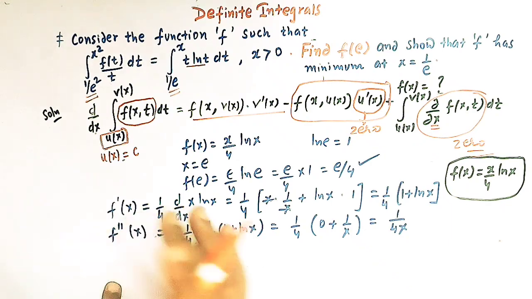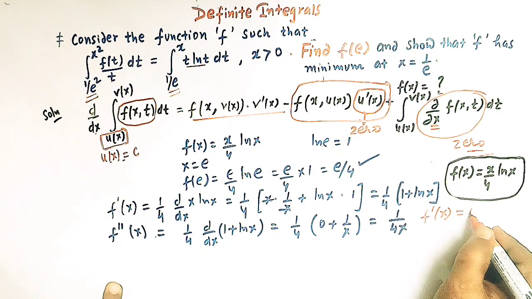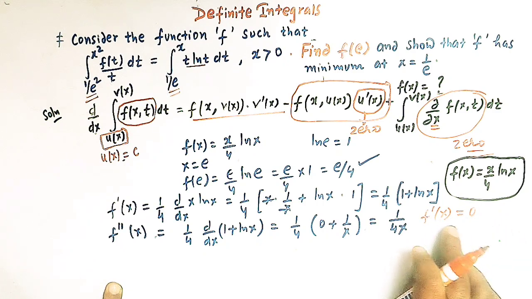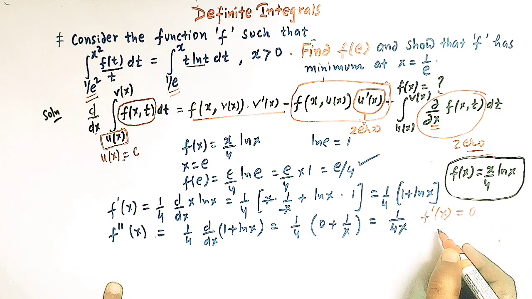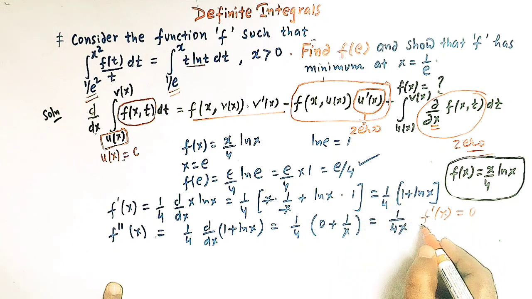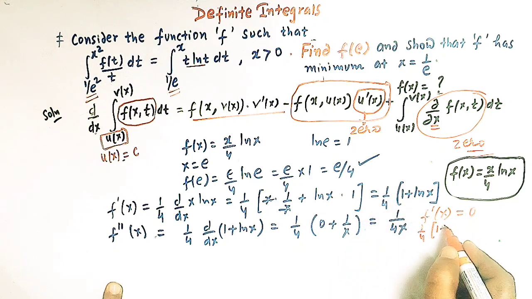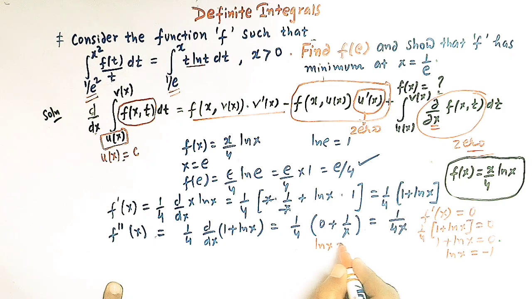So now for maxima and minima, the derivative f prime of x should be equal to 0, right? So in order to get the critical points or the turning points, we take the derivative equal to 0. So f prime of x is equal to 0 and f prime of x is 1 over 4 times 1 plus natural log of x is equal to 0. So from here we have 1 plus natural log of x is equal to 0. So natural log of x is equal to minus 1,